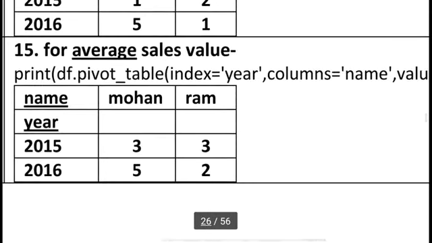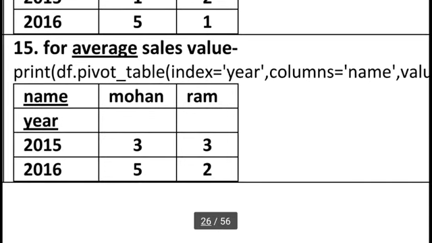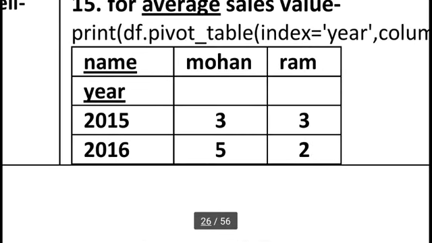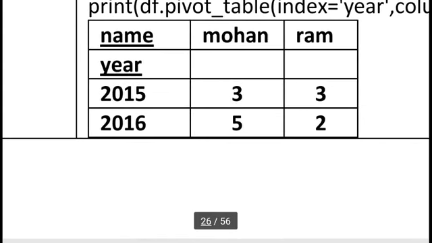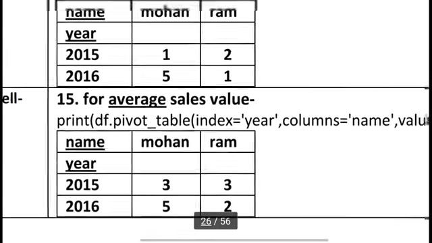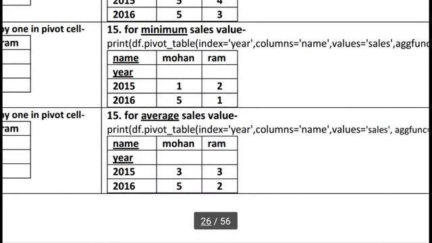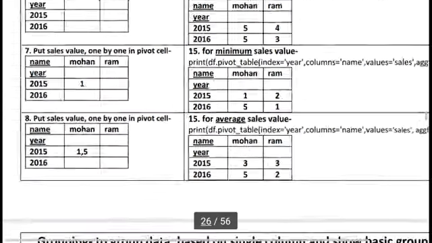So we can analyze. Suppose I want to show which item was sold the maximum. Here instead of writing year you can write item names. So here you can see 2015 TV and 2016 radio. So we can change our column according to our analysis. Okay, this is the pivoting concept. It is very difficult to understand, but here I am sharing a very simple example and all the internal steps to understand it very easily.